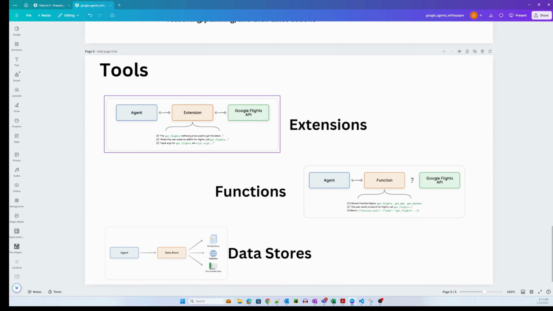Now, extensions are an elegant way to bridge the gap between APIs and agents in a standardized manner, and this is written in the white paper. It enables seamless API execution regardless of the underlying implementation. So imagine you're building an agent to help users book flights, or to check the weather of a specific city. You decide to use either the Google Flights API or the Weather API, any open source API that is available, by connecting your agent to that API.